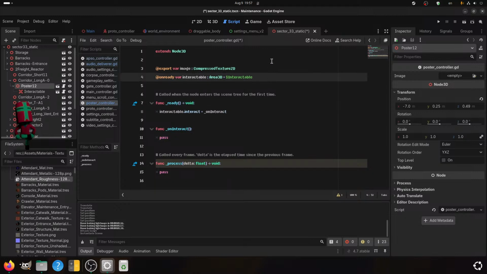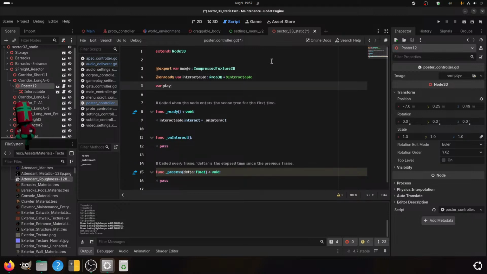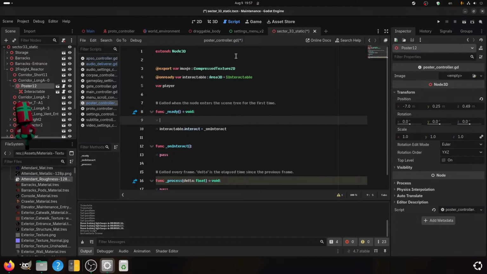I would also like var layer, and on ready player equals main controller dot player.